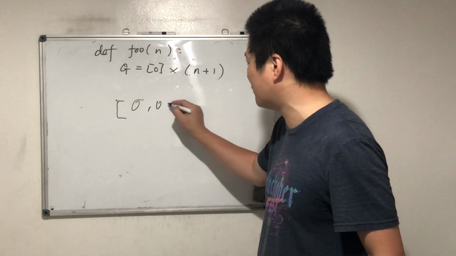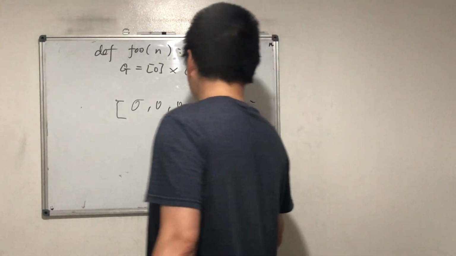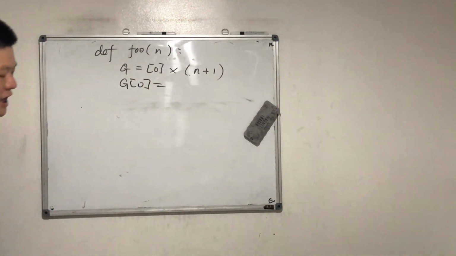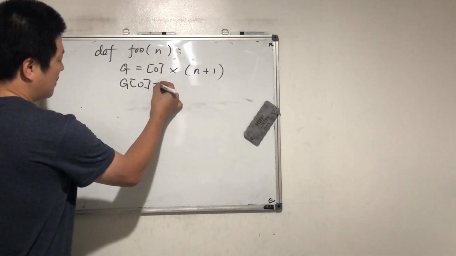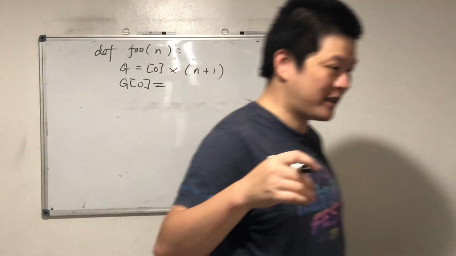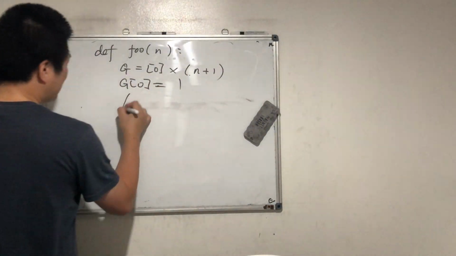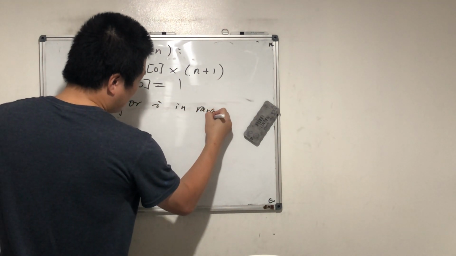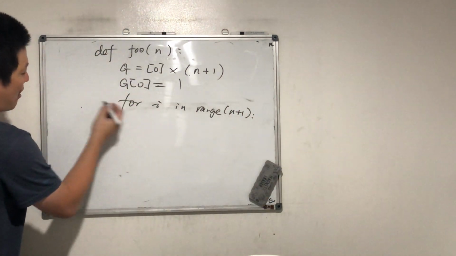So each one is 0. Yeah, that's the list. So now the first one is G0 equals what? What value are we giving it? 1, yes. Now we just need to iterate for i in range n plus 1, and then i is